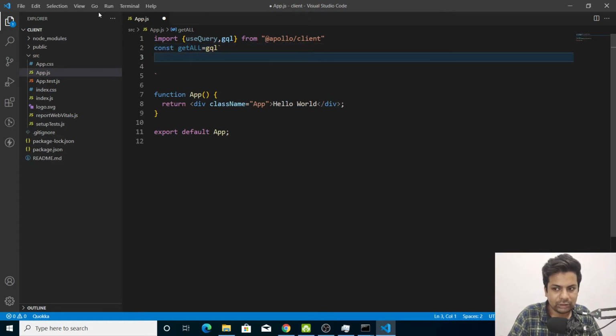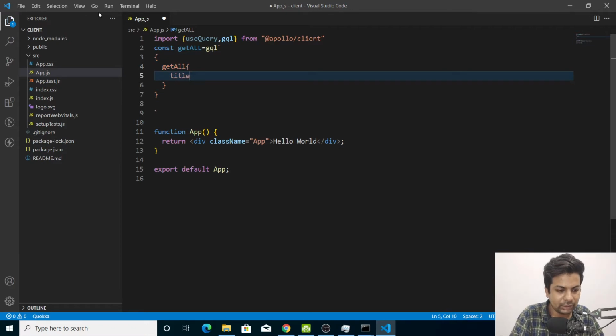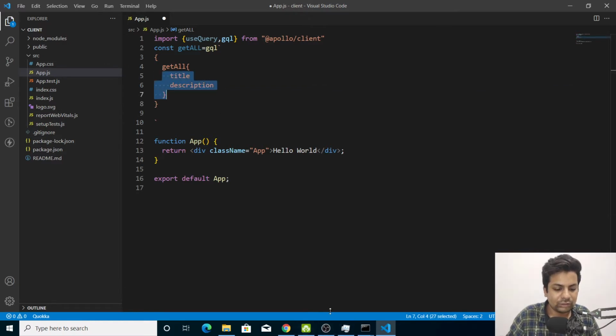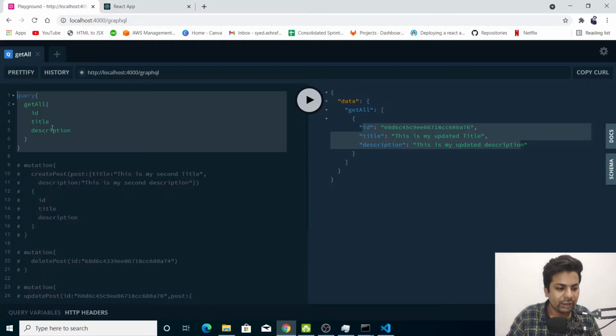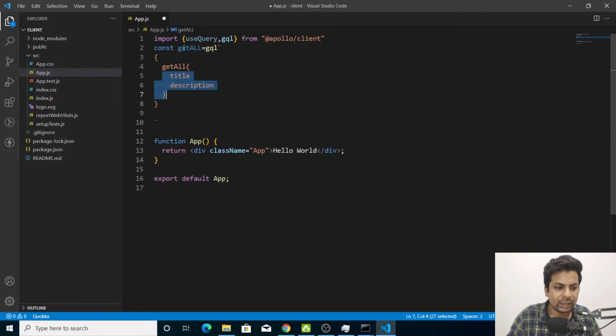To get all, we'll say get all and return back title and description. So we want title and description when we call this get all. So you can see we have get all query. We want this in return when we call this variable.